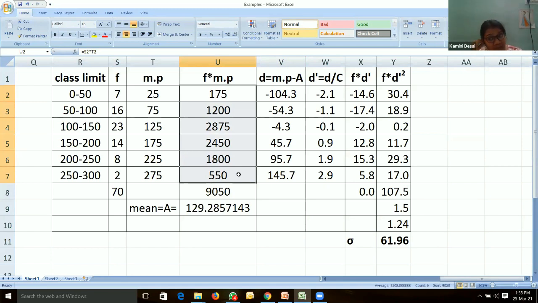We need a mean for this data. So what is the mean for that particular data for the class limit? That's why we have calculated the midpoint, and you have multiplied every frequency with that midpoint. Then it gives the sum, and that sum is divided by this sum. This sum is for frequency, that is 70. So we got the mean for this data, and that mean you have to subtract from this midpoint.